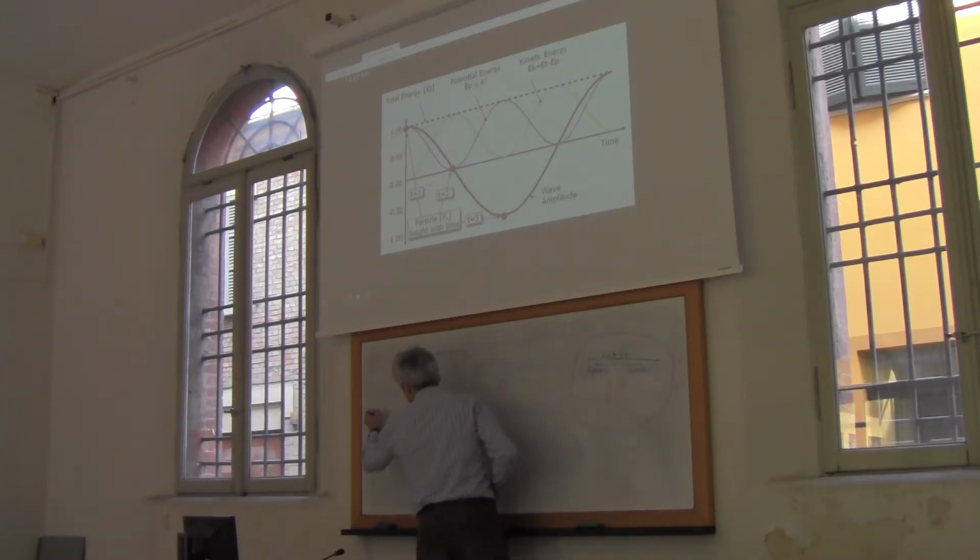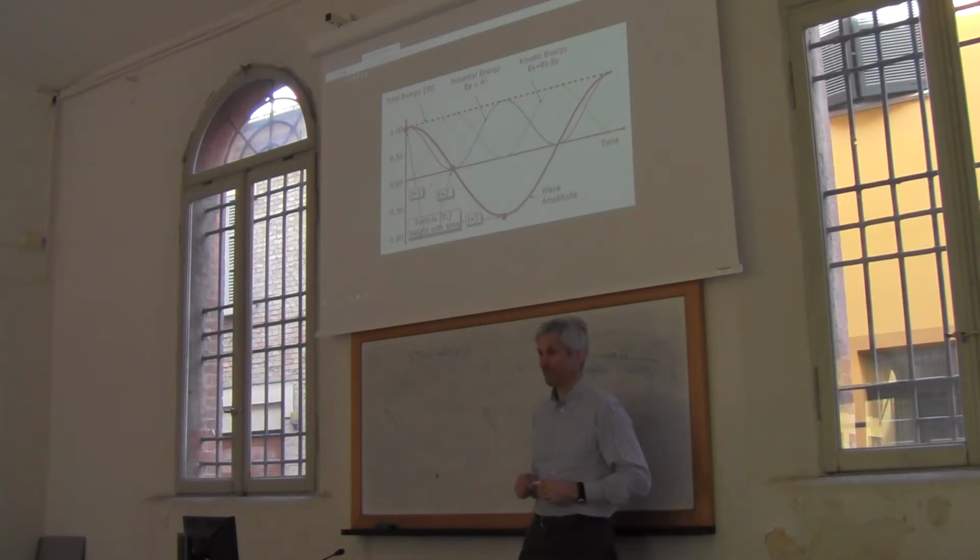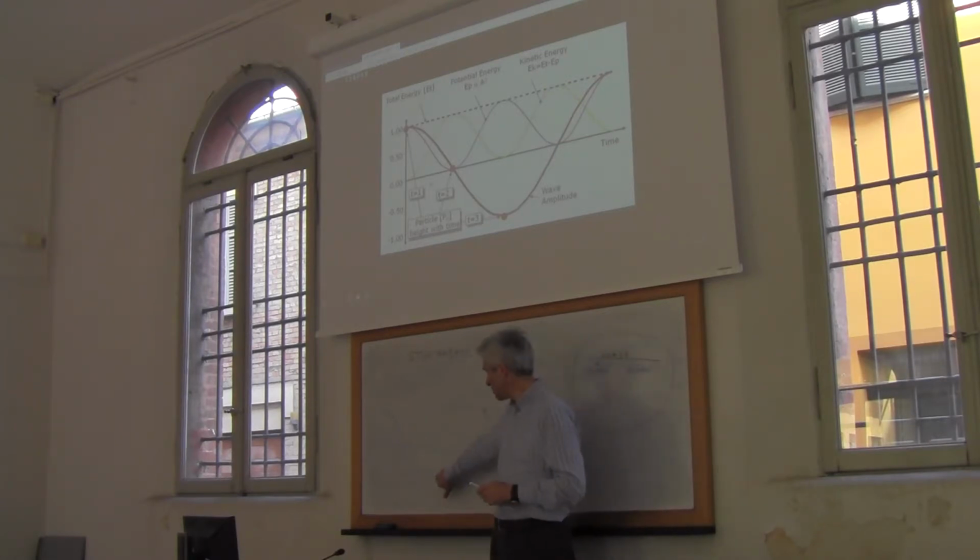So if I have a wave, I start from here, and then I get into this position, and you said, this is mean sea level. You said it's ready to go up. So it means even if it doesn't move, it's ready to go up. So it means that it has energy. But why is that? So what kind of energy? At this point? Yeah, at this point. What kind of energy? Because it doesn't move, no kinetic energy. Potential. In the phase before.